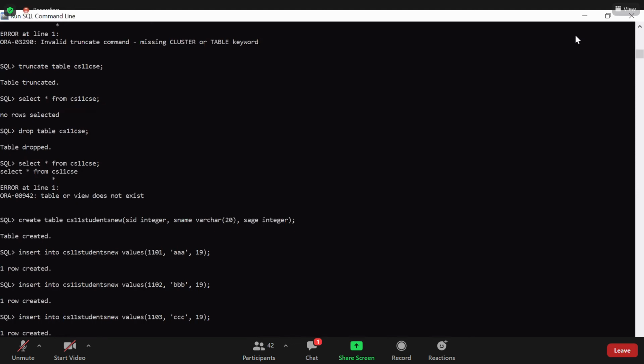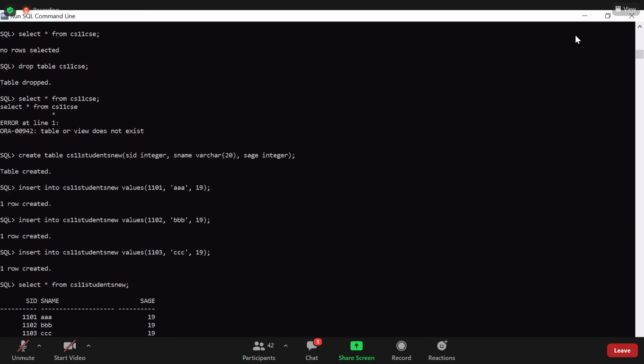We'll just select to see whether the records exist in the table. Select star from table name. Yeah, 3 attributes are there and 3 records. Okay, now we will check.